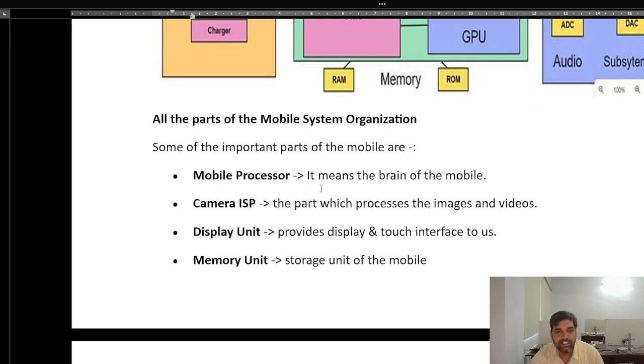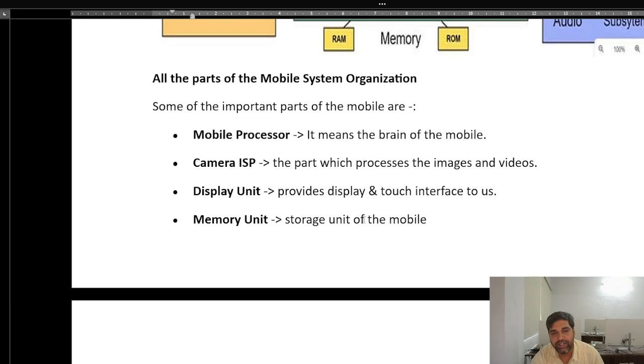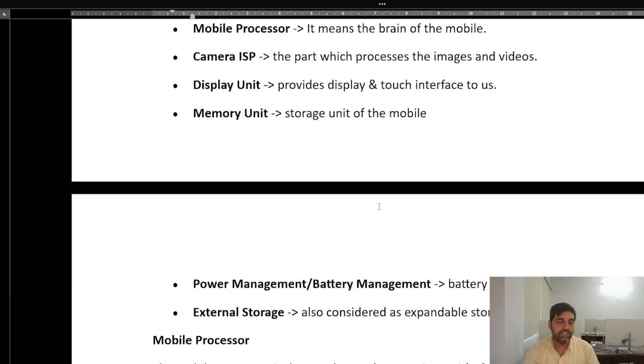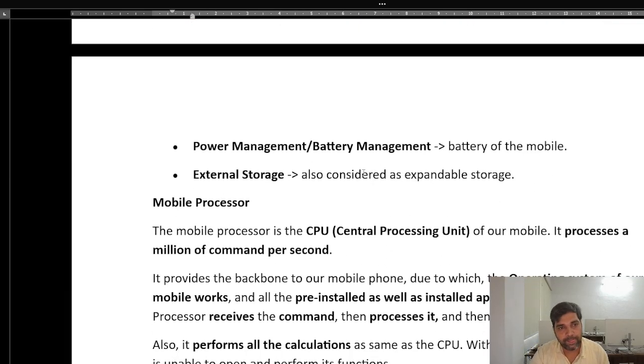Mobile processors are the brain of the mobile. The camera ISP is the part which processes images and videos, and the display unit provides the display function and touch interface to us. The memory unit is the storage unit of the mobile. Power management is the battery of the mobile. External storage is the expandable storage, if you want to connect a pen drive or some other